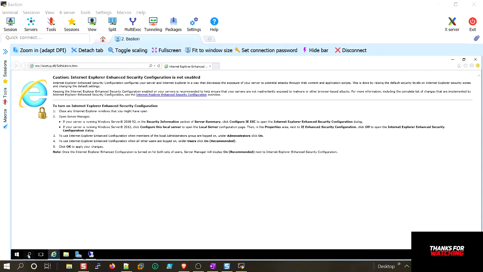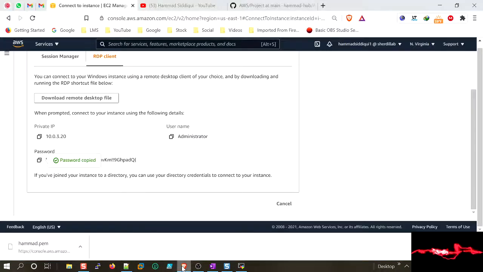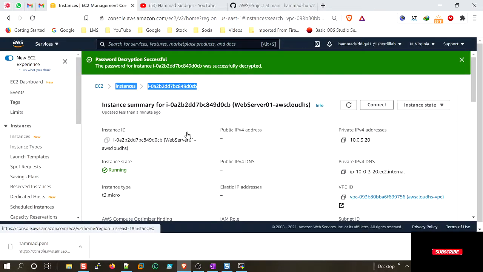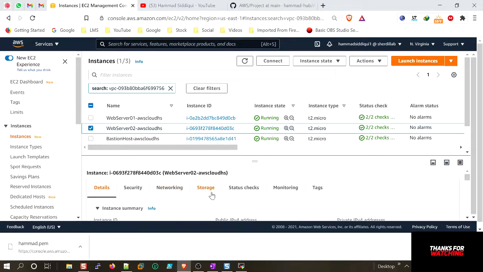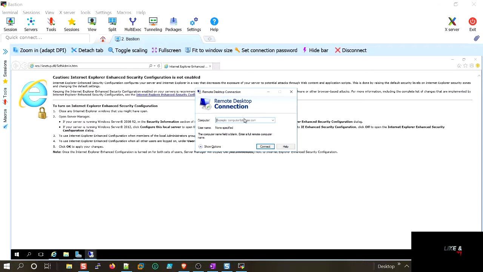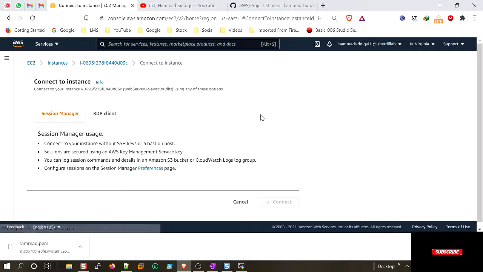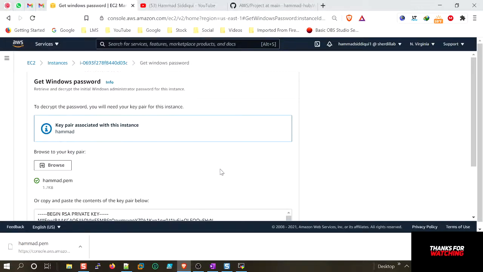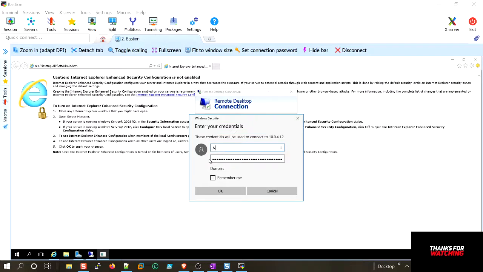Same thing, what we're going to do is remote desktop into our second subnet, second machine. Come here. Web server 2, copy the IP, go back here, type in this, and hit connect. Same thing, I would just go back and get a password. Decrypt, copy the password, minimize this window, log in as administrator,